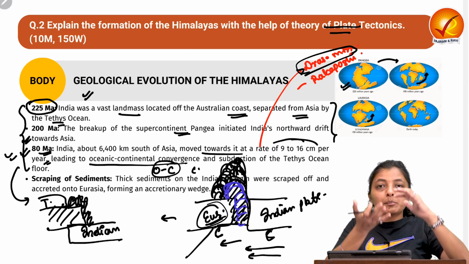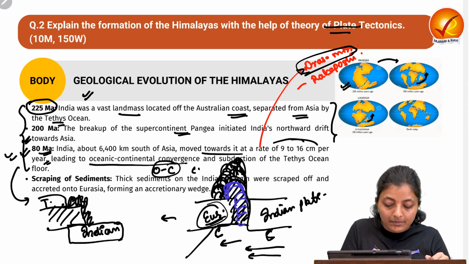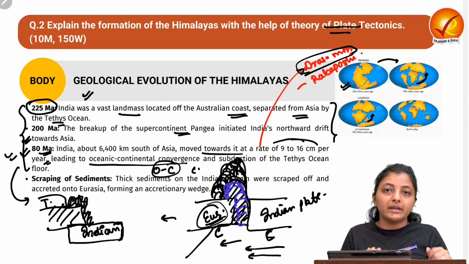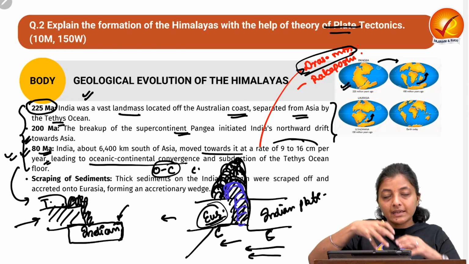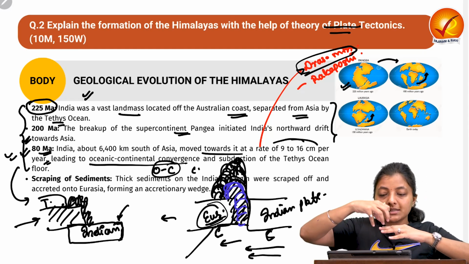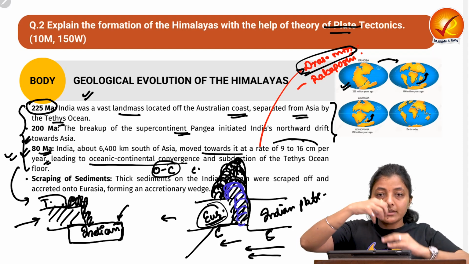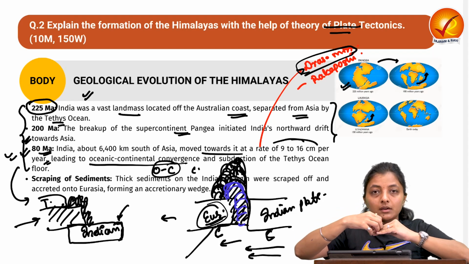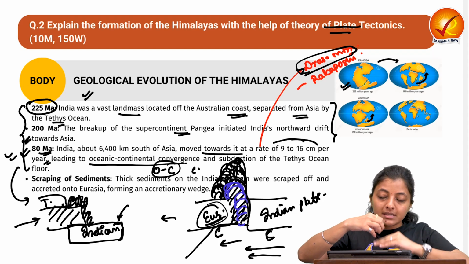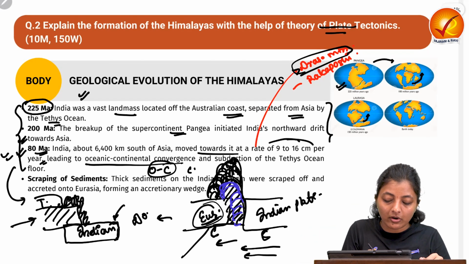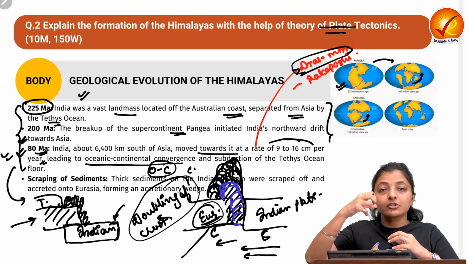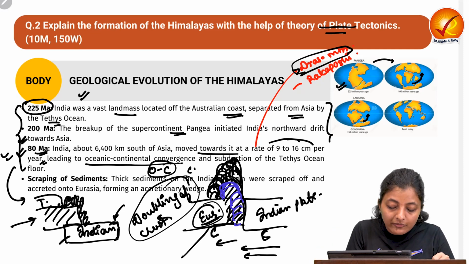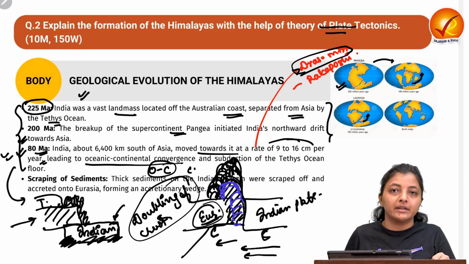Now, there is a doubling of the crust due to this overthrust of the plate. Means one plate, this plate, is overriding the Indian plate. So, this is the Eurasian plate, this is the Indian plate, and there is a push to the Eurasian plate, and this is resulting in the doubling of the earth's crust. Doubling of crust. That is why the Himalayas are so high, because of this thrust of one plate.